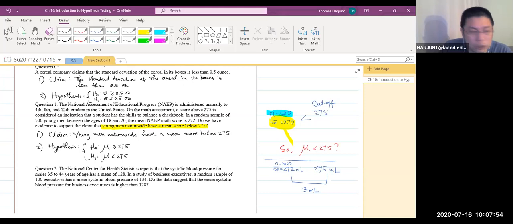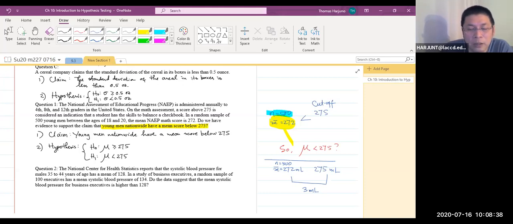They say the average is supposed to be 275, but from 500 cans that I purchased, it's only 272. Okay, and can you file a lawsuit against that company? And do you have enough evidence to support your claim that the company is actually cheating the customers? The sample mean 272 is clearly less, but does it mean all the cans on average have less than 275? Okay. Now you don't want the company to actually open all the cans and test and find out the average. Okay, they have nothing to sell if you do so, just for your lawsuit, right?